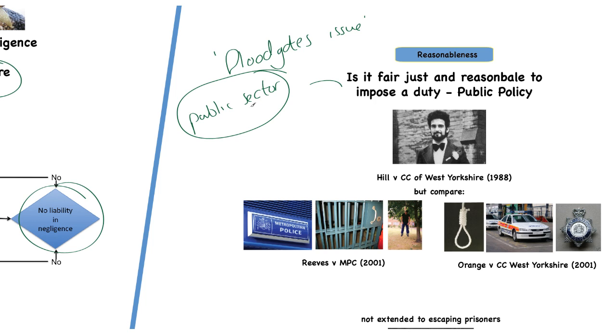Now, earlier on, I said to you that when we looked at Kent versus Griffiths, we were going to talk about some cases in which there wasn't a duty imposed. And here's the first one: Hill versus the Chief Constable of West Yorkshire. The police need to be able to act without worry about legal action in negligence. And this is a good example of that case. Hill versus the Chief Constable of West Yorkshire comes about as a result of the Yorkshire Ripper case. For those of you that don't know, that's Peter Sutcliffe, the infamous Yorkshire Ripper, a legal case from my youth